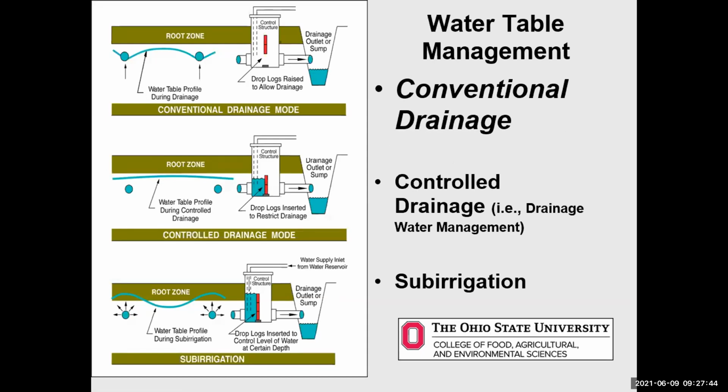When we talk about drainage in Ohio in modern times, we're talking about conventional subsurface drainage. We also have the controlled drainage mode, or nowadays we call it drainage water management. And we also have sub-irrigation. So with one system in a field, depending upon the field layout and the soil that we're working with, we have the opportunity to do more than just drain the water from the soil profile. That's where on-site inspection and evaluation needs to be taken to see what is possible if we're going to go beyond just traditional subsurface drainage.